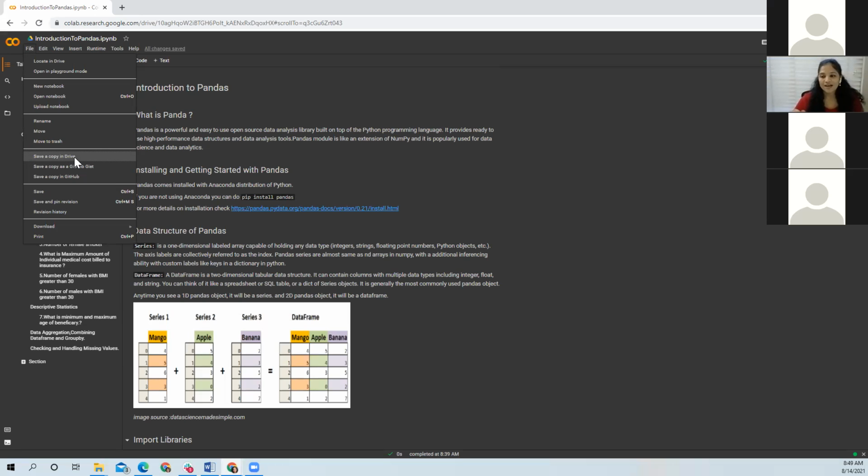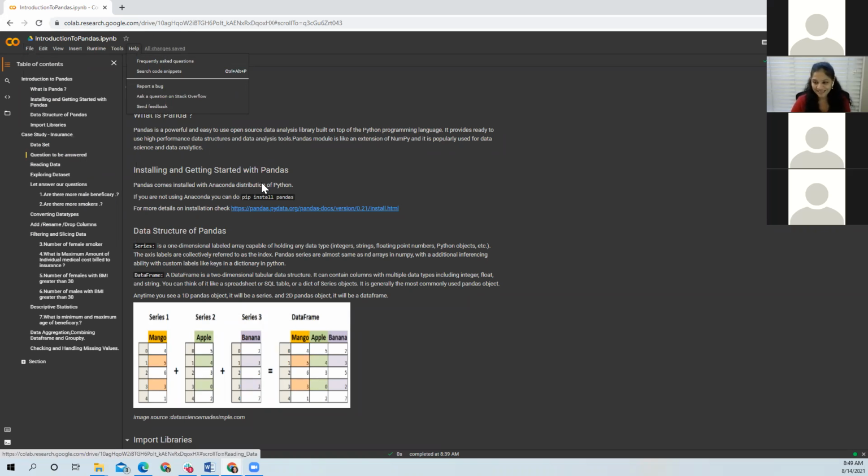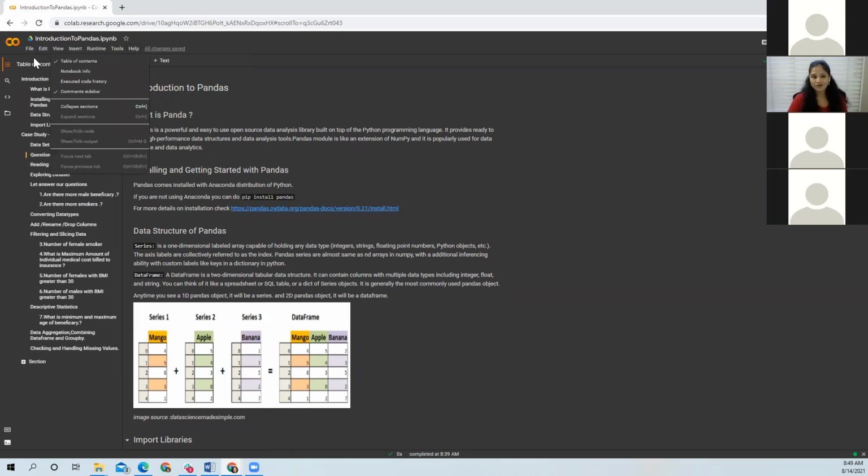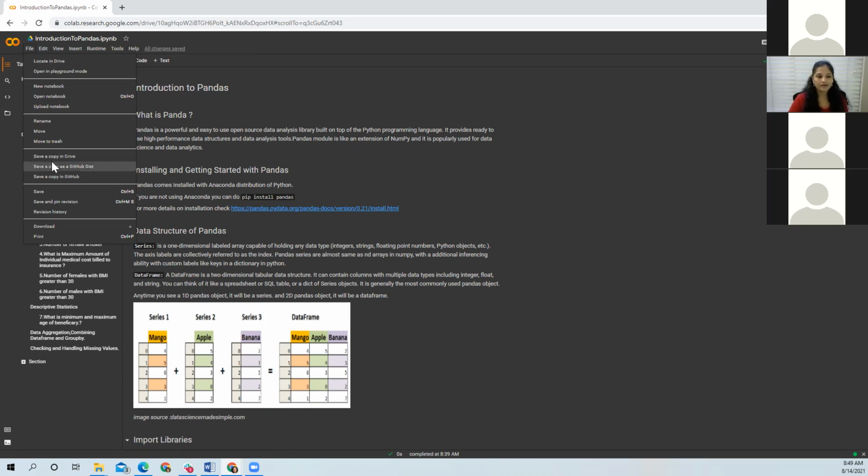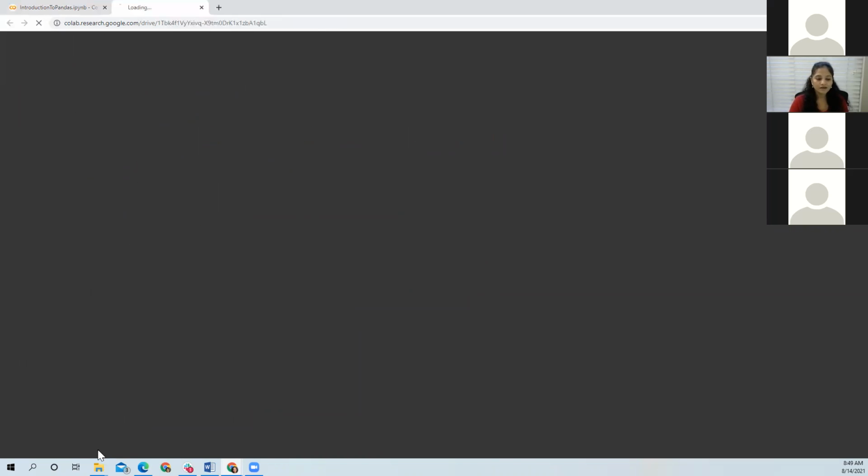When you save it in your own Drive, you will have your own copy of this notebook, and you can make your changes, because you will not be able to make changes to my notebook. Save a copy in Drive, and then open that copy. A new Colab notebook opens, and the same will happen for you as well.